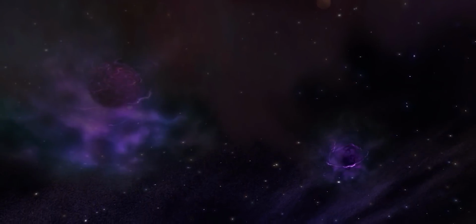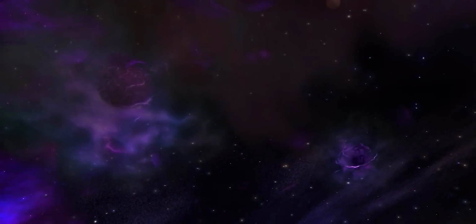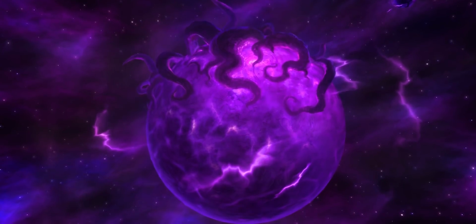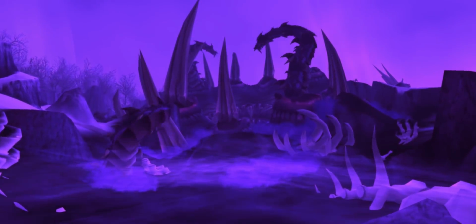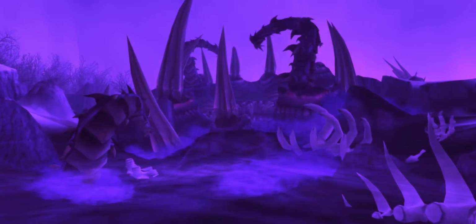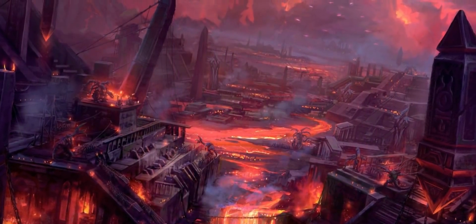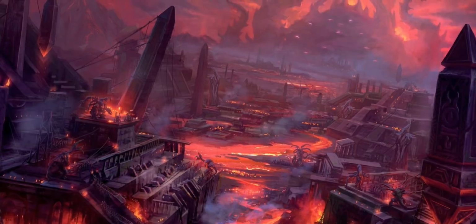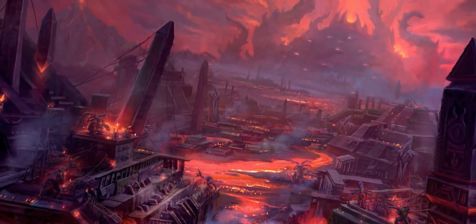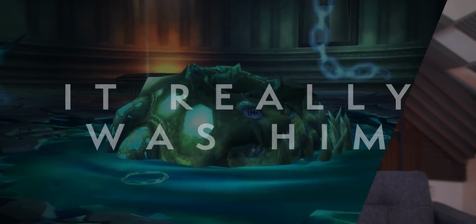The old gods were sent out into the cosmos in innumerable quantities to capture as many worlds as possible. And when they made it to Azeroth, they buried themselves so deep that they couldn't actually be killed without the planet itself being destroyed in the process. And when the Black Empire fell, the remaining three lived to fight another day. The old gods are only a fraction of the Void's power, but their influence on Azeroth has been massive. And that is something that is so key to today's story.